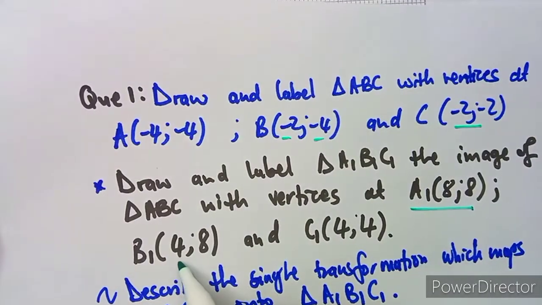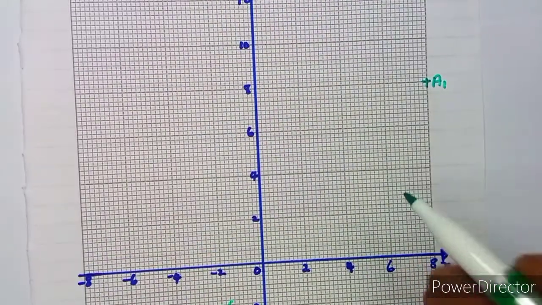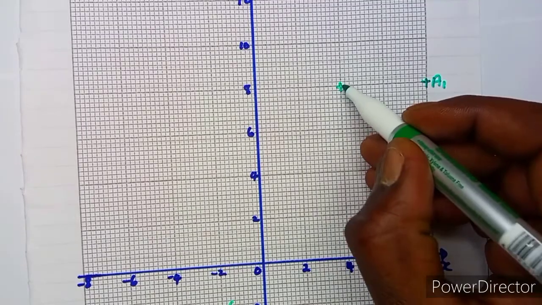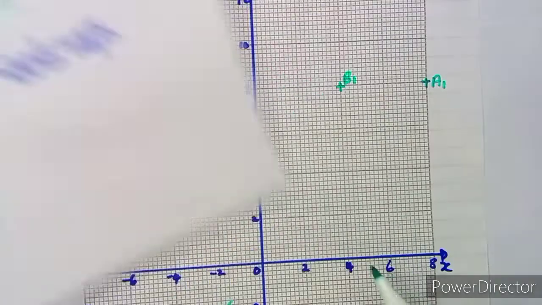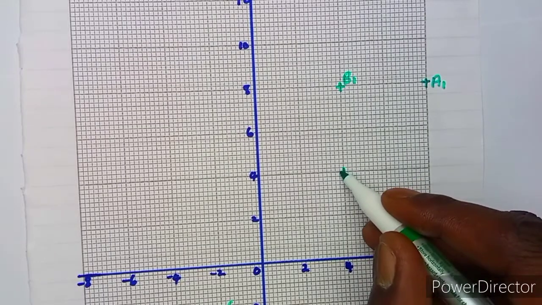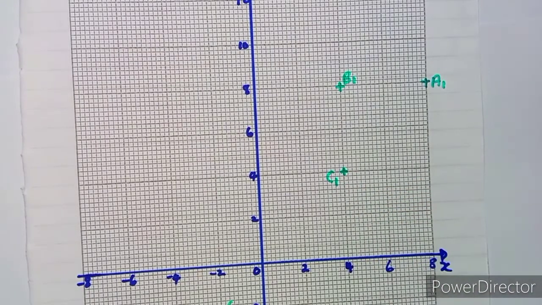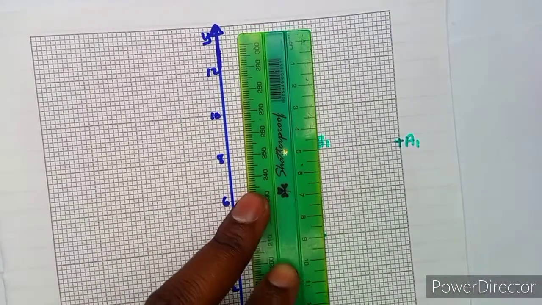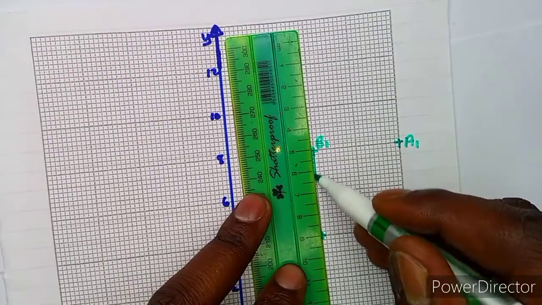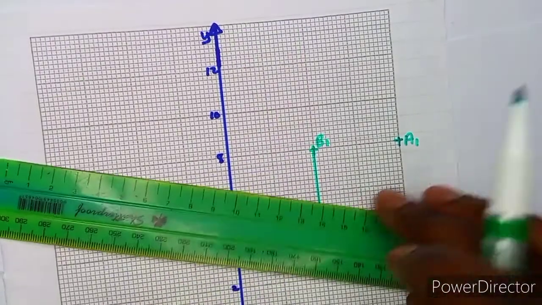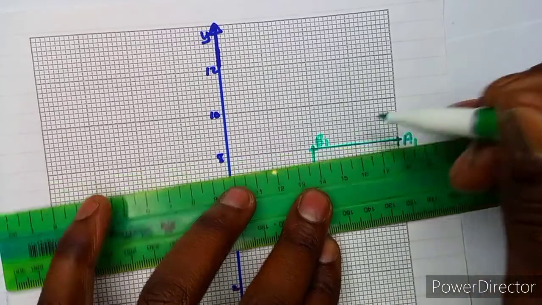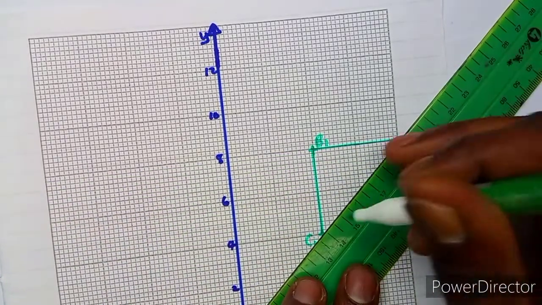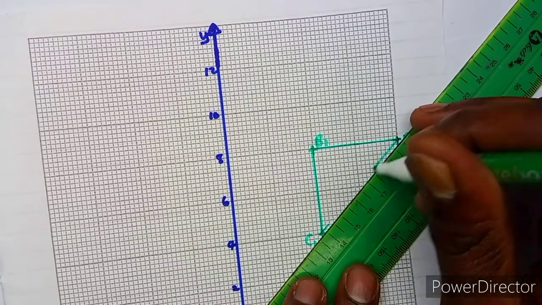Okay, then my B1, that's 4, 8, which is here. That's my B1. Okay, my C1 is 4, 4, which is somewhere here. That's my C1. Okay, so I have to join the lines so that I can complete this diagram. All right, that's it. Okay, something like this. So this is what I'm having, guys, at the end as the diagram to represent the